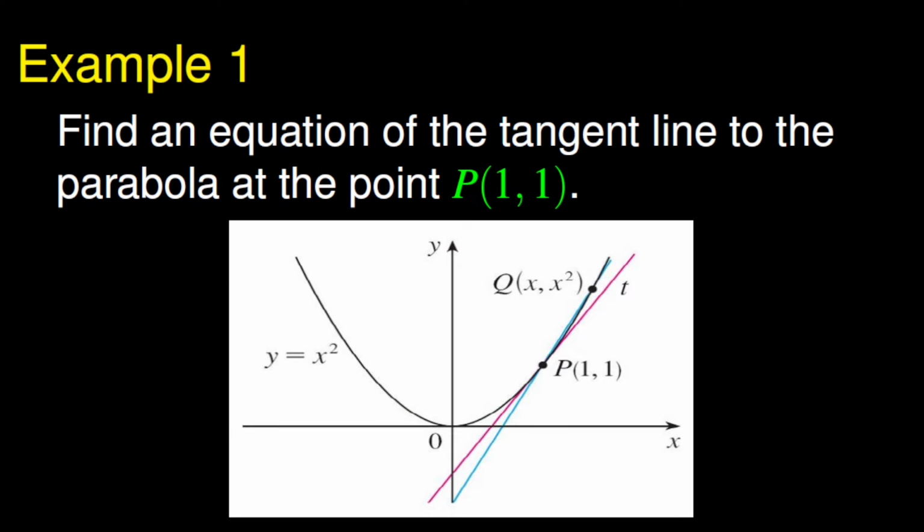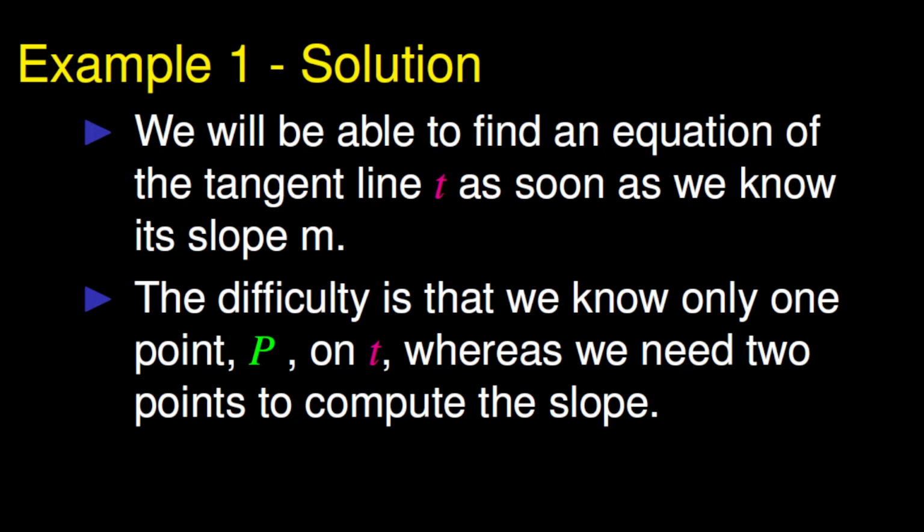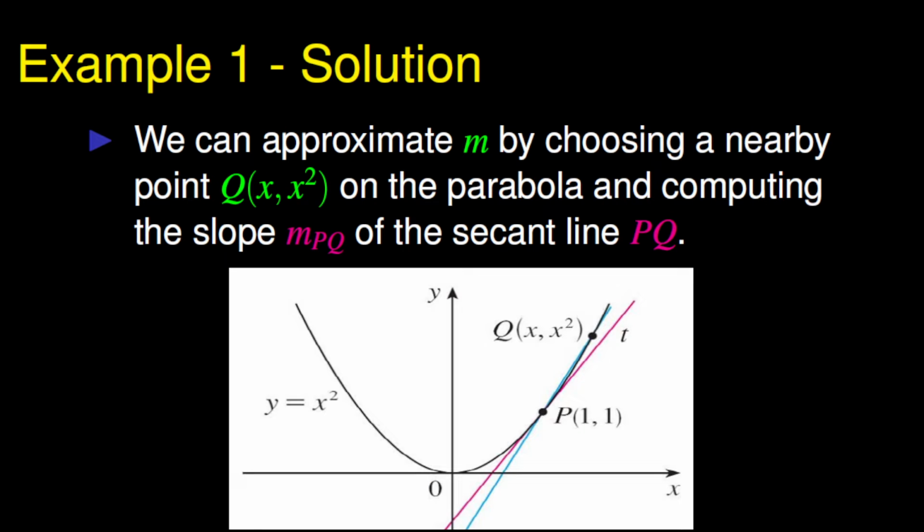Let us look at this first example. Find an equation of the tangent line to the parabola y equals x squared at the point P(1, 1). We will be able to find an equation of the tangent line T as soon as we know its slope m. The difficulty is that we know only one point, P, on T, whereas we need 2 points to compute the slope. But observe that we can compute an approximation to m by choosing a nearby point Q,